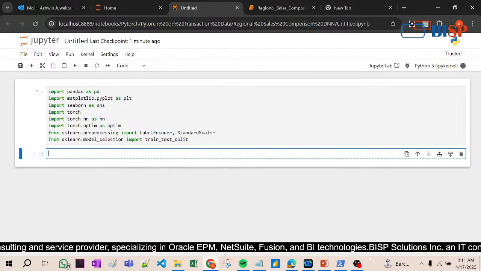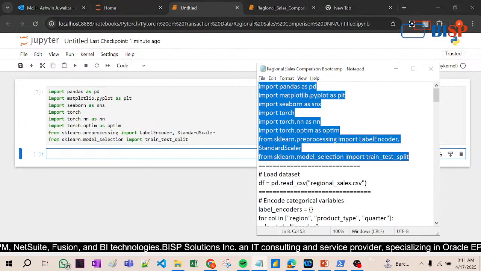Now here you see, when we are going to perform on the data, we have to first import all the necessary libraries. Okay, next what we need to do here,